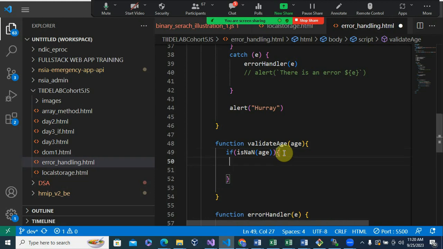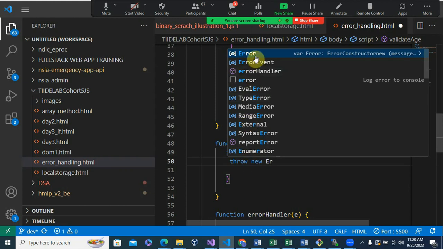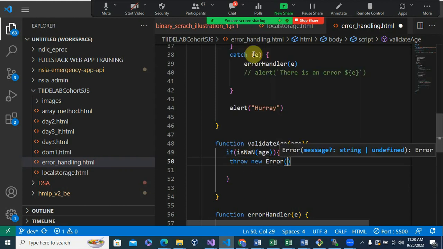So I'm going to throw this one here. I will throw new error. So here I can put my error message properly. Throw new error. So this is a way of throwing an error within your function. So rather than just echoing that, this error can be handled in another function that calls this function. So I said here, invalid age